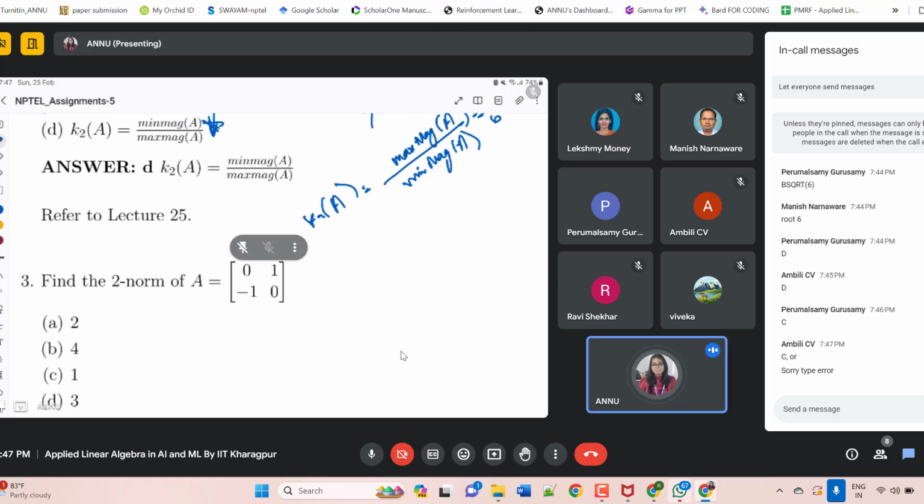So okay, you all can calculate the two norm of A. The norm of A is nothing but the Frobenius norm here only. You have to calculate the sum of 1 plus 1 plus 1. Is 2 norm the same as Frobenius norm? No, no, two norm is not the same. Then how come it's same here? Wait.